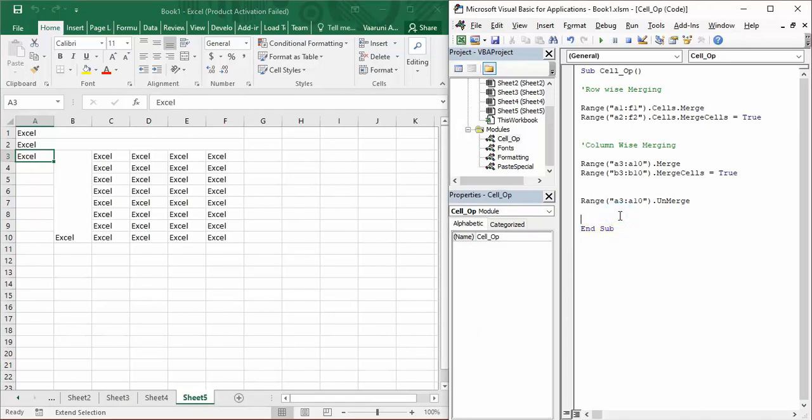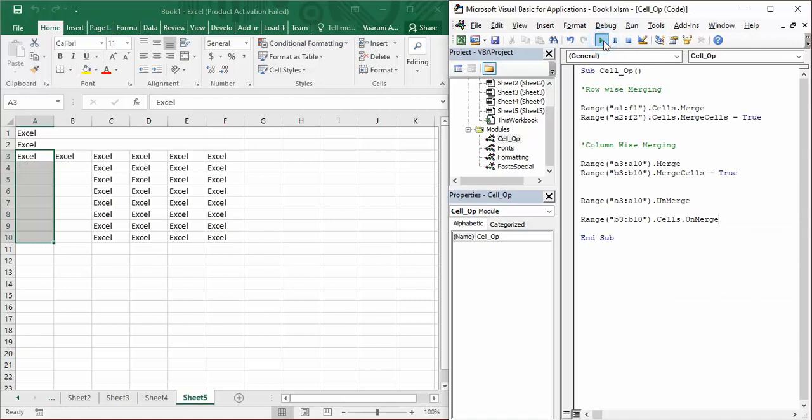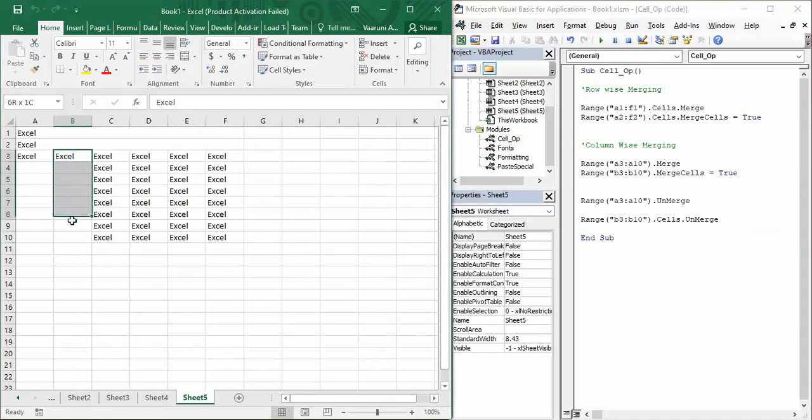What is the other way? It is simply you write again the range of the cells which you want to unmerge. B3 till B10 is the range of the cells, dot cells. Now using the cells property, since we merged it, we can also unmerge it using this cells property. You can just put a tab, and once you execute it, you can see B3 till B10 have also been